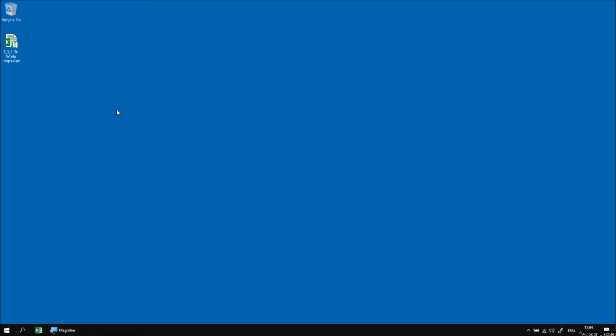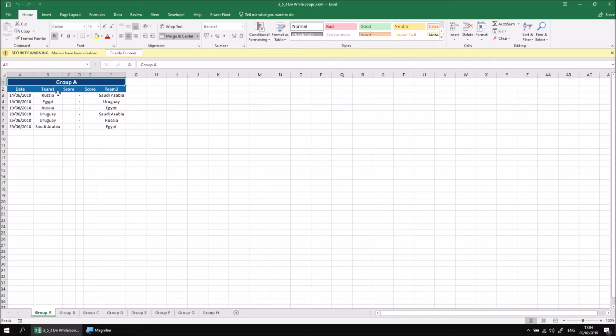In this part of the lesson, we're going to learn how to use a do-while loop. This just provides an alternative way to add the logical test which determines when you should exit from a do loop structure. Let's start by opening up the file that I've extracted and downloaded, and then we can enable content